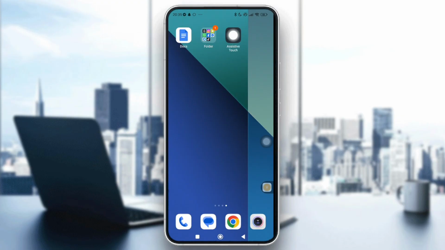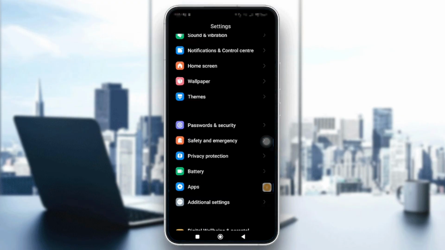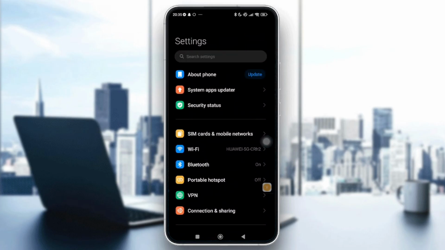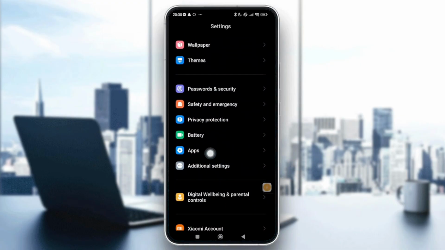In this video I'm going to show you how to fix Snapchat tab load issue. So first you just need to go into your settings and then I want you to look up for apps. So let's scroll down until we see apps. Alright, the apps option is right here. So click on it